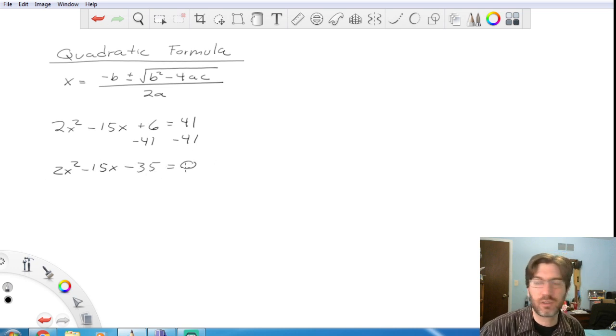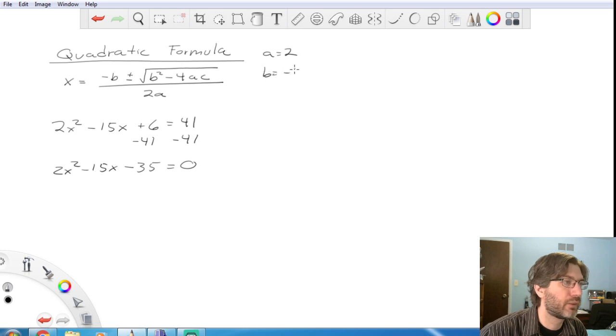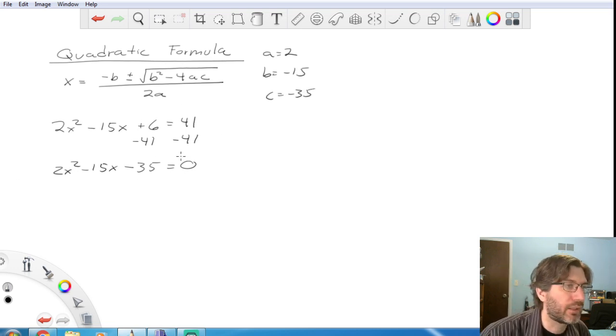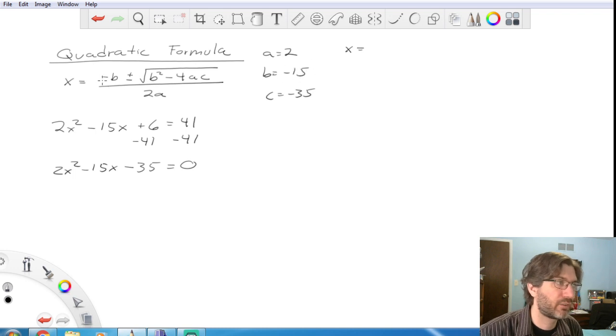Now that it's set to 0, I can go ahead and plug in, keeping in mind I have an a value that is 2, a b value that is negative 15, and a c value that is negative 35. So a little bigger numbers here, but nothing we can't handle. Our formula is very robust. It'll work. So go ahead and plug it in, and we're going to get x equals negative b. Now be careful, because b is negative 15, so the opposite of b is a positive 15 there. Plus or minus